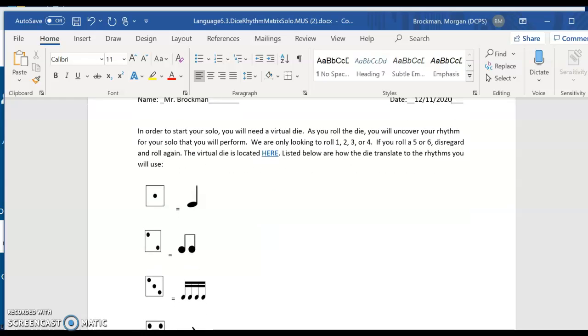And then next it says, in order to start your solo, you will need a virtual die. As you roll the die, you will uncover your rhythm for your solo that you will perform. We're only looking to roll 1, 2, 3, or 4. If you roll a 5 or 6, disregard and roll again. So where do we find that? It's located here, but it's also located on the main slide. So let me show you